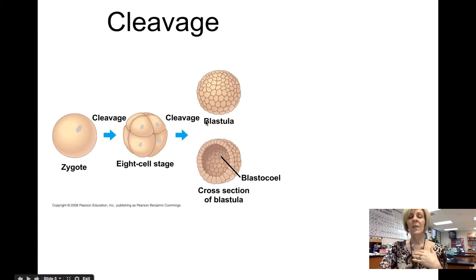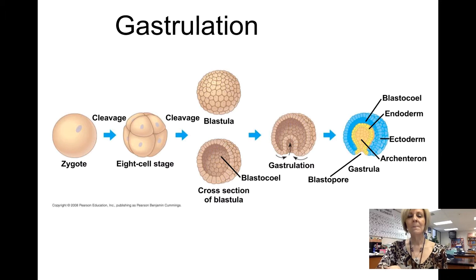Now in a human, this would still be happening in the fallopian tube. This is where fertilization occurs. And so this blastula is kind of tumbling down through the fallopian tubes. The little fimbriae are moving it, the cilia are moving it down. And if you looked at the blastula, you would see that it was hollow and there's a blastocoel inside of that. The next stage of development that occurs after cleavage is something called gastrulation, and it involves this amazing migration